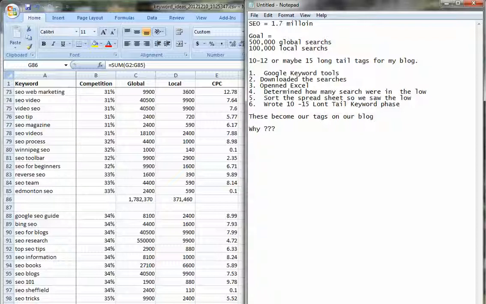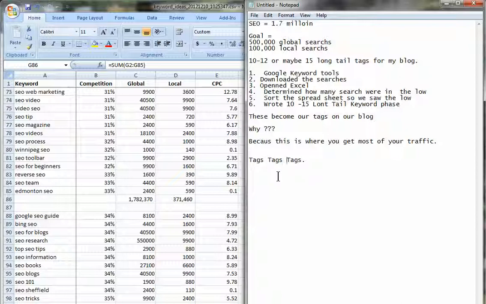Because this is where you get most of your traffic. From what? Tags. Where do you get most of your traffic? Tags. That drives most of your traffic to your blog.